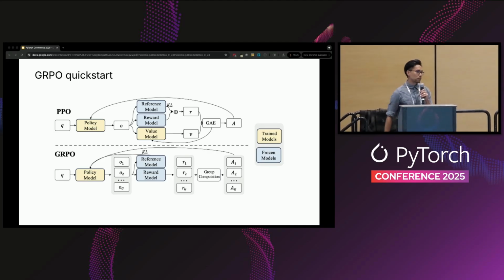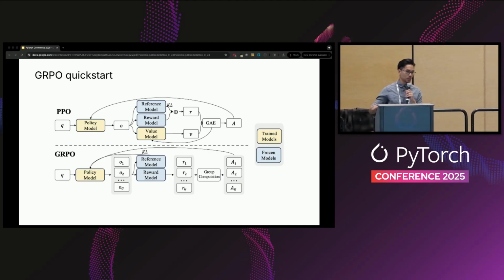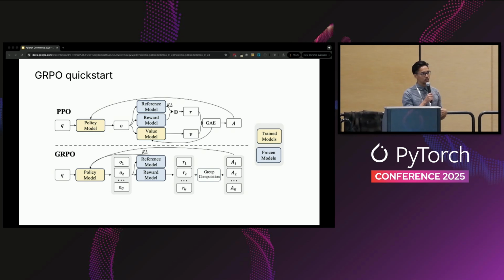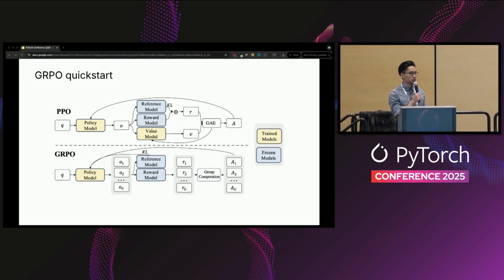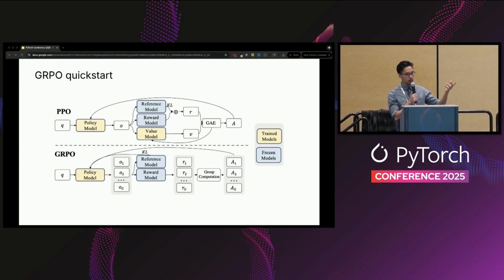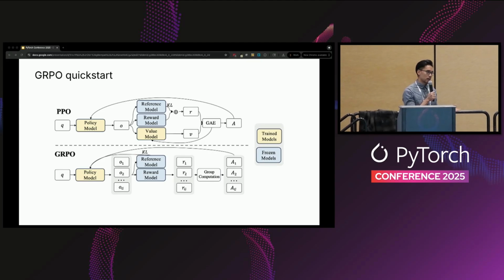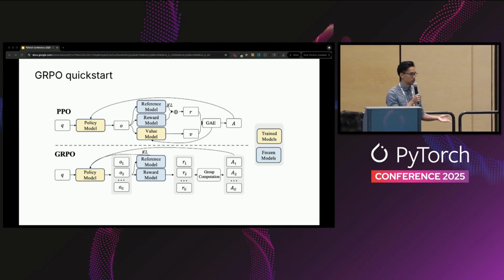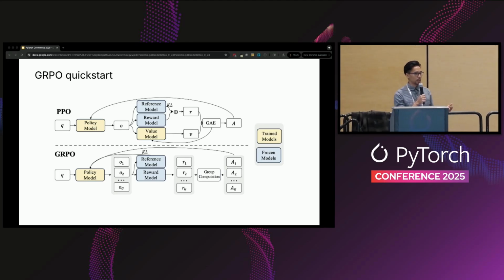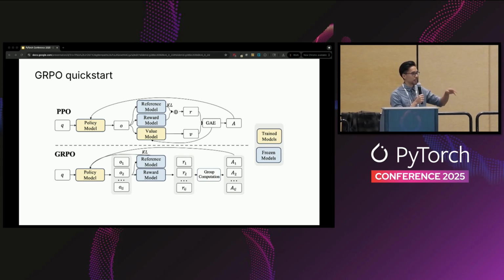I want to spend a few minutes just to get everyone on the same page. I'm not sure how many of y'all have looked at GRPO recently, but the crux of it is, when you compare it to proximal policy optimization, which is at the top, you have basically three models: the policy, the reference, and the value model, right? GRPO gets rid of the value model, which substantially simplifies the training loop, and instead uses a batch of rollouts to get a bunch of rewards, which you then use to compute the advantages. Advantages basically being how much better you do for a given action based on some mean action.